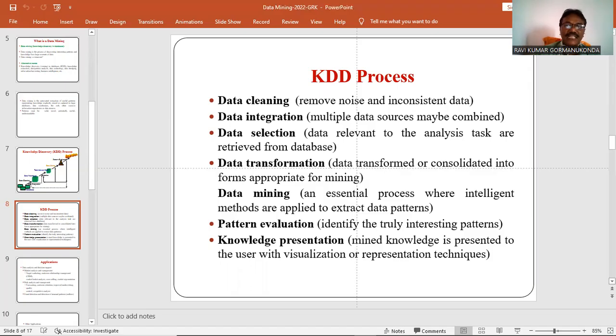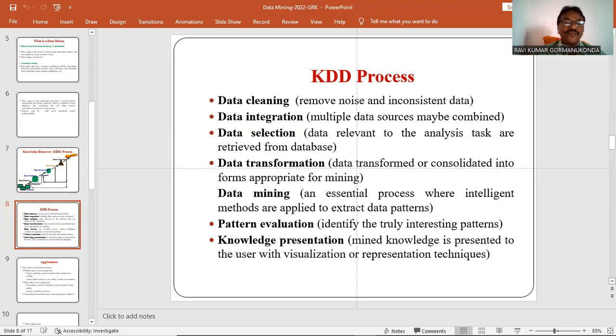The data is selected according to your task, because we are finding some information or drawing out some pattern. Regarding the pattern, you select the relevant portion of data, since the entire huge amount of data is not required. Selecting a relevant portion of data for your task is called data selection.